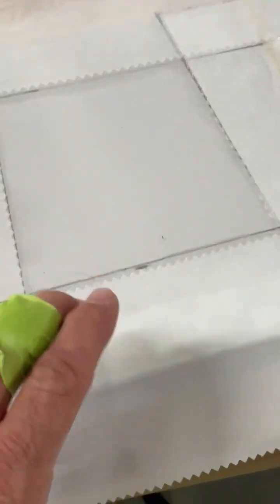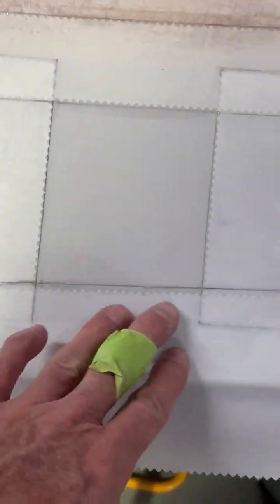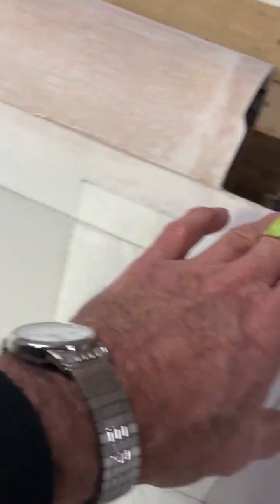And then when I lay my tape up here out of the way, I'll come down through here pretty fast with a wet coat. Now this is a pretty long one. If it's very hot weather, you probably can't do it. You probably have to do half of it and then reach under and do the other half. But I'll go through and wet that, and just as soon as I'm done, I've got my tape laying right